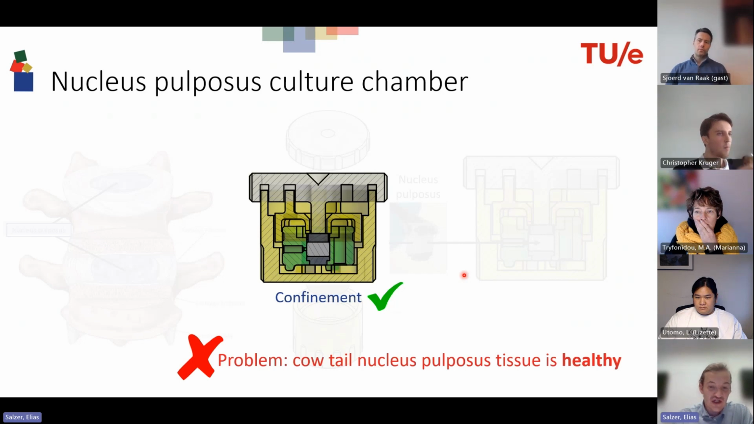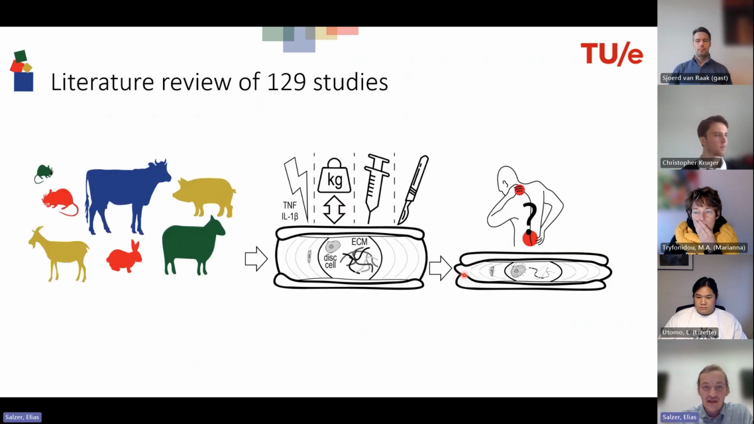The second question we had is, well, now we have healthy tissue from these cow tails, but we want to study intervertebral disc degeneration. So how do we do that? Well, we did a literature review of 129 studies that all took intervertebral discs or tissues of the intervertebral disc from animals, not from humans, and then induced degeneration. There's a plethora of methods to induce degeneration that are all supposed to induce degeneration that is similar to